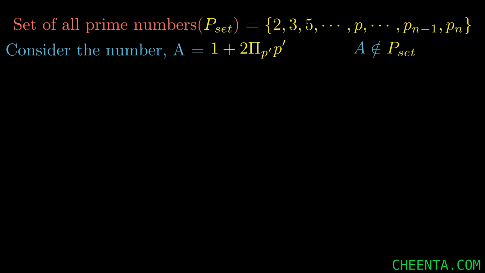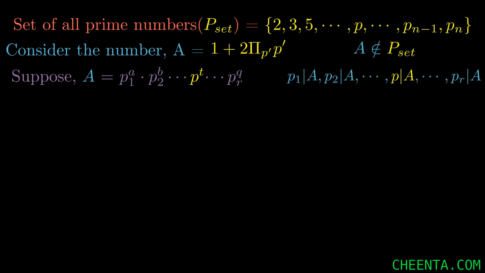So A can be written as some combination of some primes as this one, and so we can say from this expression that P1, P2 and all of those primes divide A. In notation we can write it as P1 divides A, P2 divides A and Pr divides A. So we get P divides the number A. And what does it mean? It means that if I divide the number by the prime P, we get an integer M.